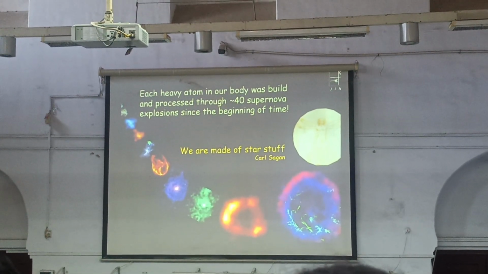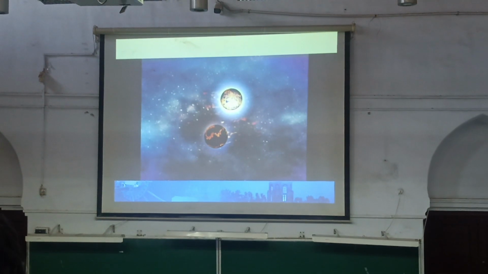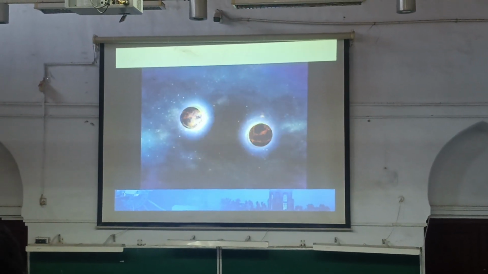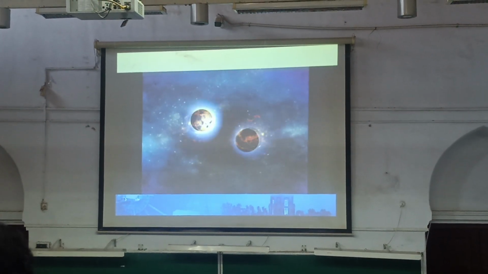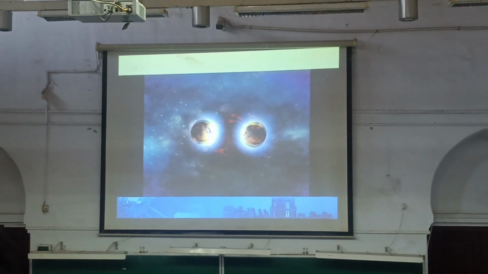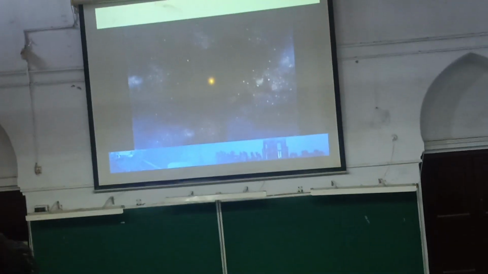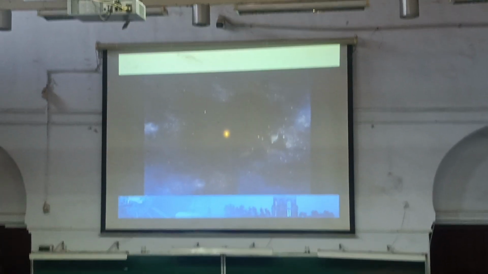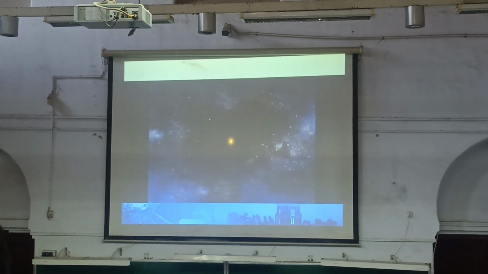So that is where most of these elements are found. There's another possibility. I don't know, some of you may recognize this picture. You may have seen it about 5 years ago. That's when it first came. There are two objects which are coming together, and then they merge, and then they give out gravitational waves and also give out electromagnetic waves. This was the merger of two neutron stars. It was very important because for the first time we could see not only gravitational waves but electromagnetic.